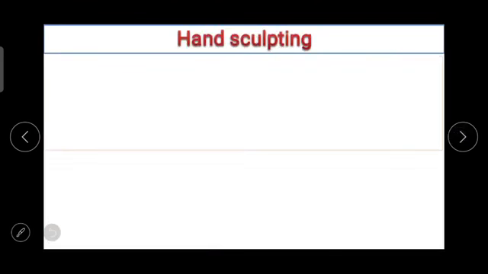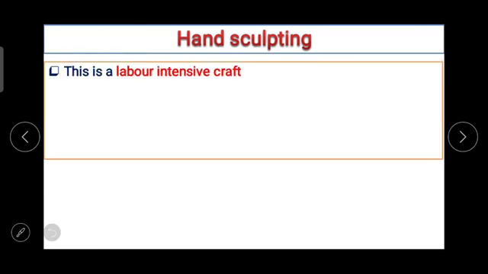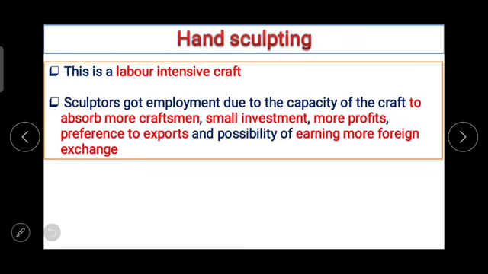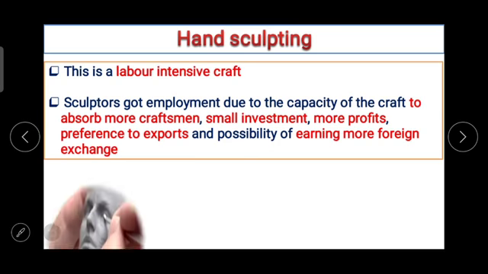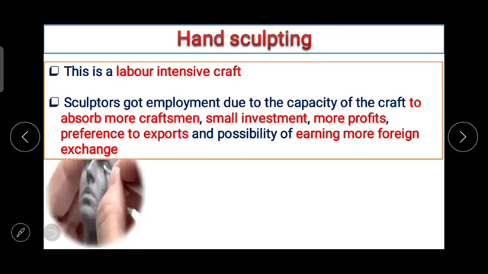Next one, hand sculpting. This is a labor intensive craft, and sculptors got employment due to the capacity of the craft to absorb more craftsmen. Small investment is the important thing in this, then more profits. So, two things are important: small investment and more profits. Investment भी कम करनी पड़ती है और profit जो है वो ज़्यादा मिलता है, and that is why people are